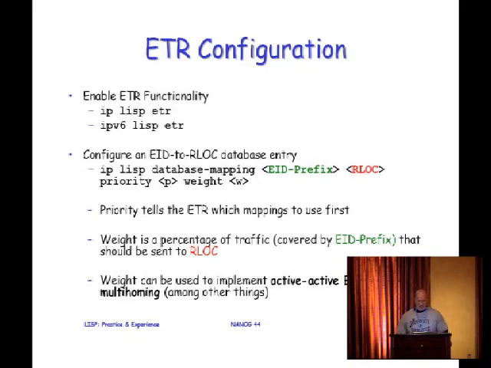And then weight is a percentage of the traffic going to that EID prefix that should be sent to the RLOC. Now notice that if you have 2, you could do load splitting by telling it 50-50, and I'll show you an example of that, and you won't have to inject more specific prefixes to accomplish that. In fact, you can do active-active, which is pretty tough to do, if not impossible. So this active-active BGP-free multi-homing is a side effect that we probably didn't realize we could do when we first started designing this, because we have this additional level of indirection.